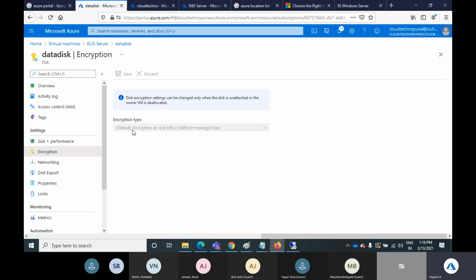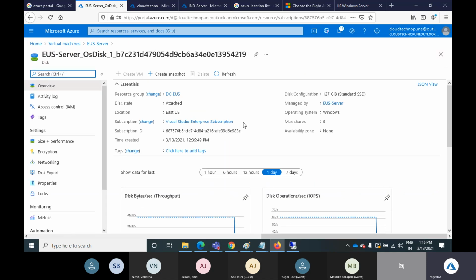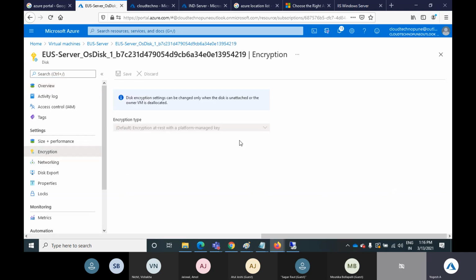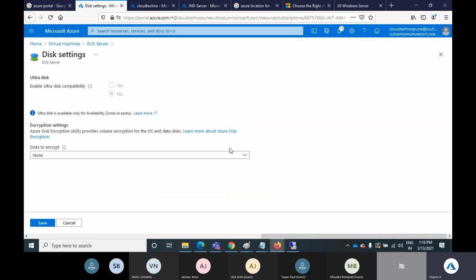See, currently it is showing encryption at rest with a platform managed key. What about the OS encryption? The same option. Now let's go into the disk option and additional settings, and under additional settings there is